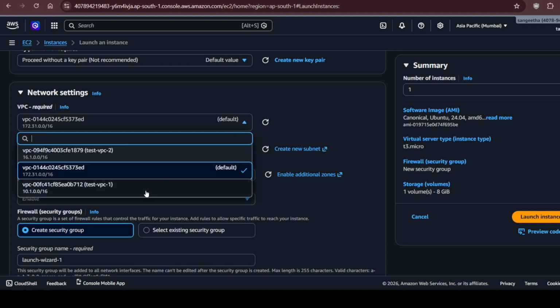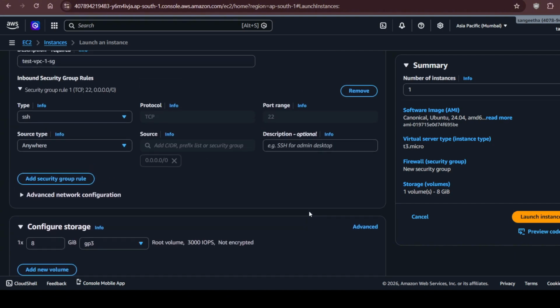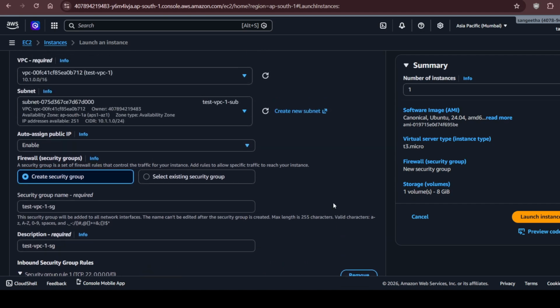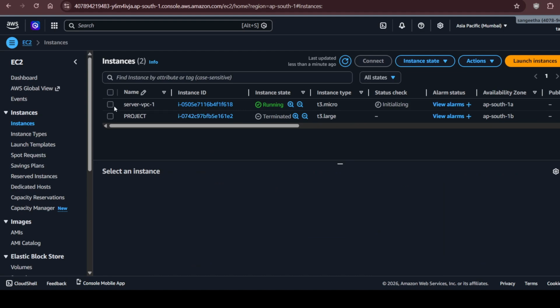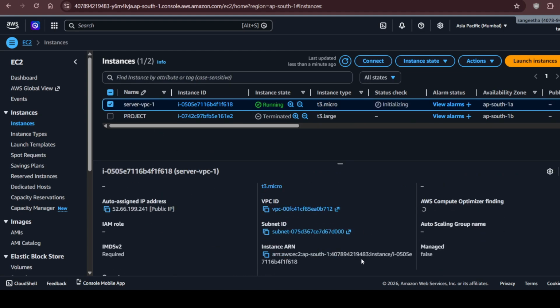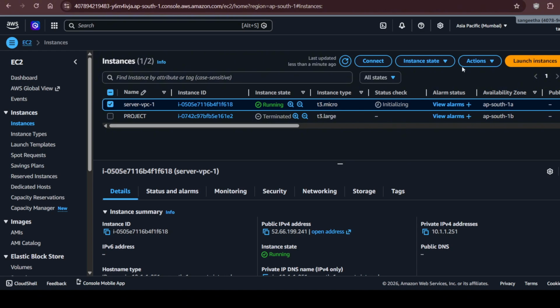I am going to select VPC1, test VPC SG, C1 SG. Now launch instance. We launch the instance on the VPC1. Here the VPC ID, VPC1. Again the same way launch the second instance,